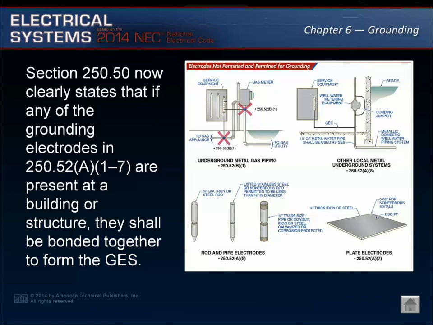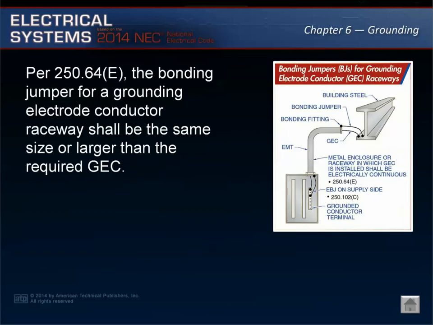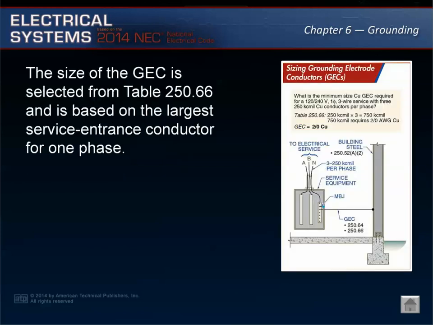As with these electrodes, made electrode connections shall be free from non-conductive coverings that may affect the impedance of the grounding path. Per 250.64(E), the ferrous metal enclosures or raceways in which the grounding electrode conductor is installed shall be electrically continuous. This requires that both ends of the grounding electrode conductor enclosure be bonded to either the equipment or electrode or to the grounding electrode conductor itself.